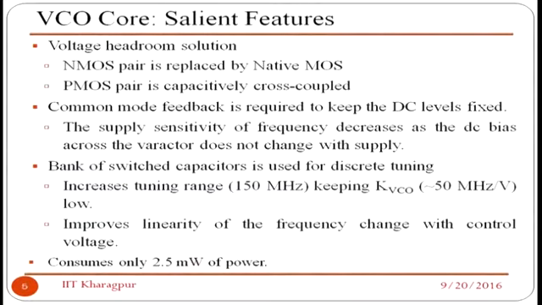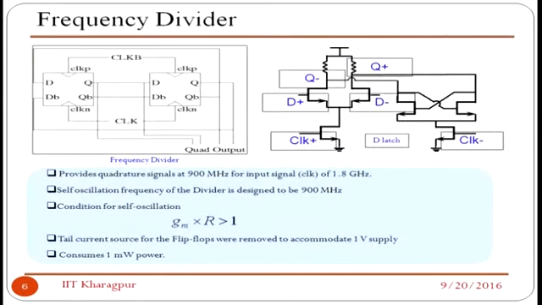Coming to the next, I said that when I am using it for 900 megahertz for a GSM phone, then my local oscillator frequency should be able to produce 1.8 gigahertz. Now this 1.8 gigahertz is fed to this divider, and this is a latch. Both the input and the quad phase output, the differential output, will come from that. So that is a simple circuit, a frequency divider by D flip-flop using 2 latches,